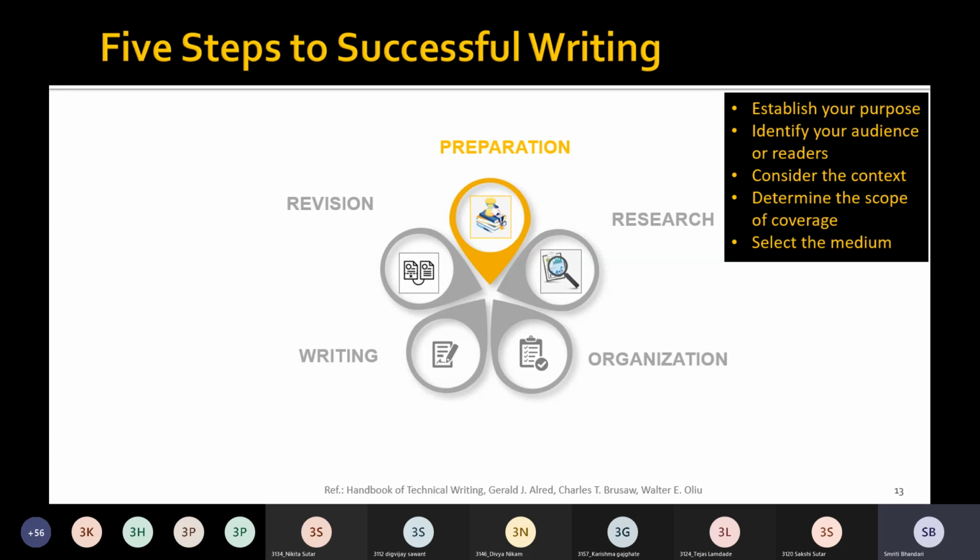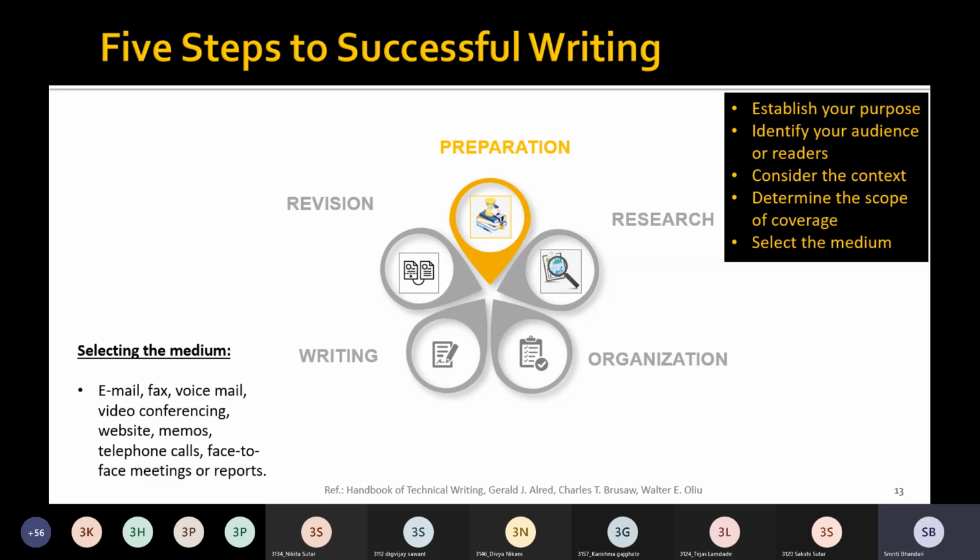And finally, we need to appropriately select the medium. We may have lots of mediums for communication. We may have email, fax, voicemail, video conferencing, websites, memos, telephone calls, face-to-face meetings, or long reports.